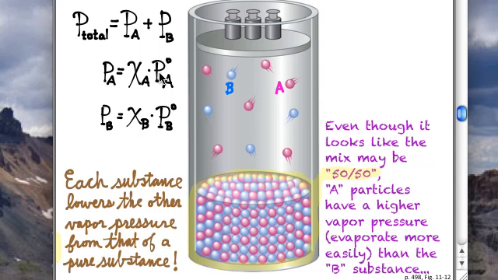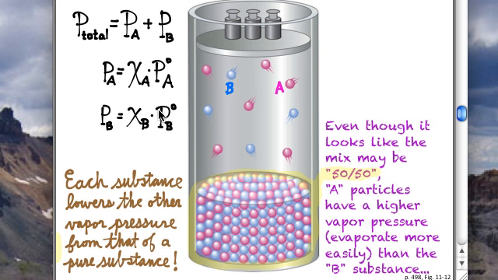And I know my original vapor pressure of my solvent A, or my compound A, let me call it. Or I could call this a solvent and solute. It doesn't matter which one you call which. They interfere with each other equally. They occlude each other. They interact with each other similarly.